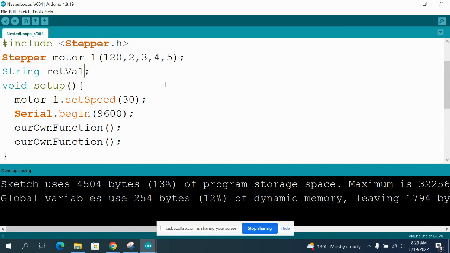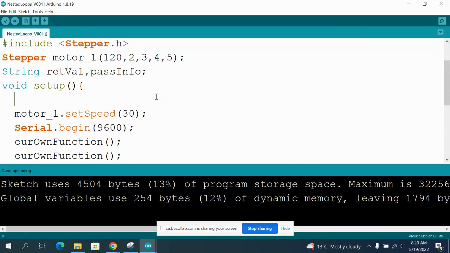For this, I think the nice way would be to say pass info. Okay, pass info. Now this is a variable. It's like a container that keeps and holds information inside of it. Okay. And then over here, I'm going to say pass info equals, and then I'm going to say